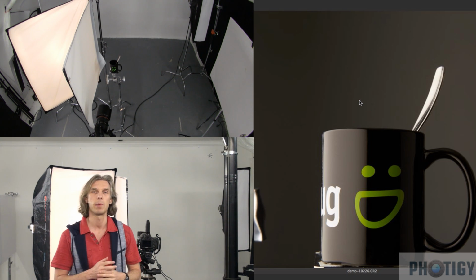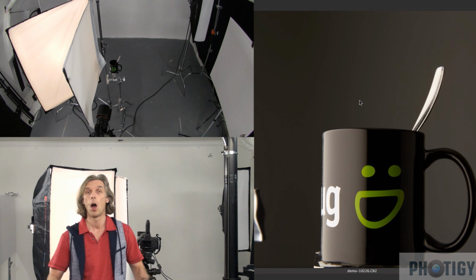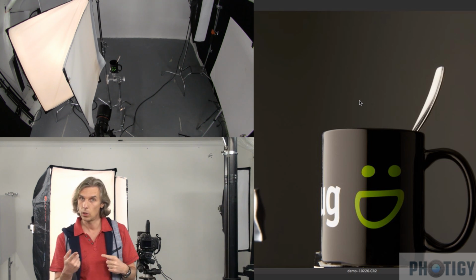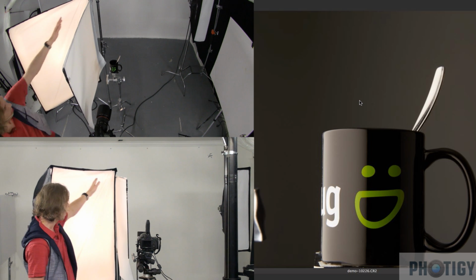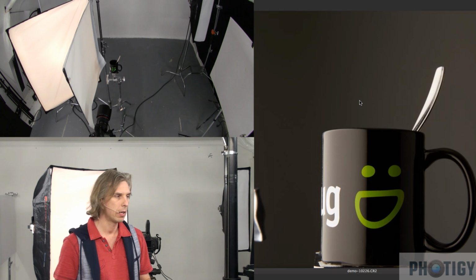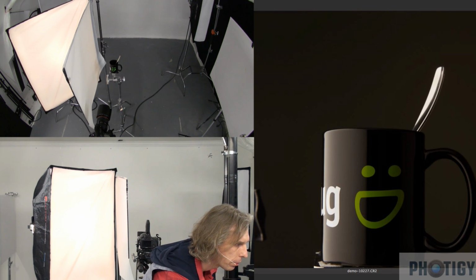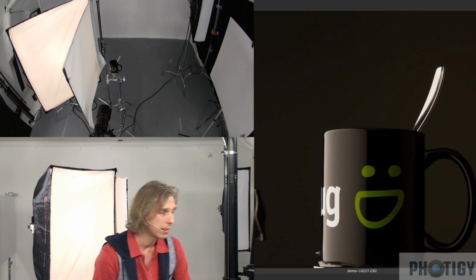I've seen this as another mistake when photographers create a nice gradient on some large diffuser around the glossy subject, and the subject just looks matte. Not good. We need to show that this is glossy. So you see, I'm touching it on one side, and it's open on another, and hopefully it will give us some kind of gradient. Yeah, it's a little bit better if you compare it to this one, right? It's a little bit better, but still not